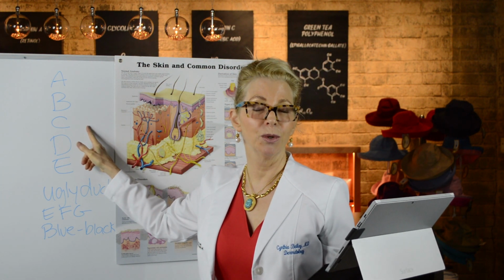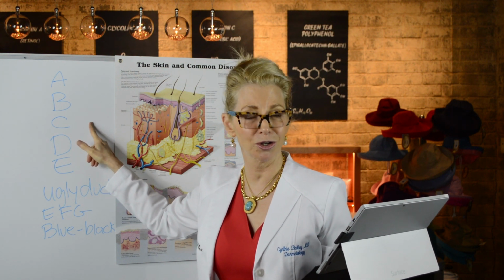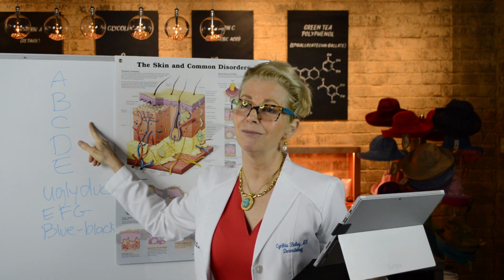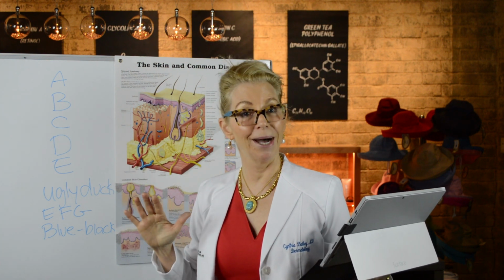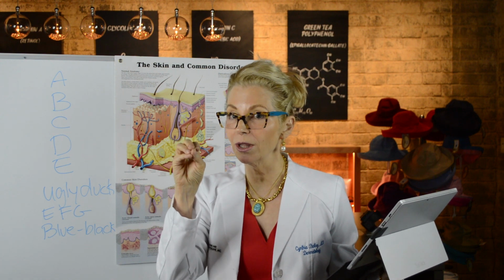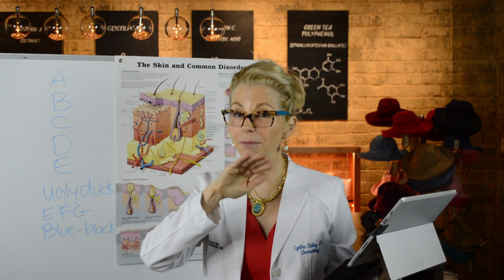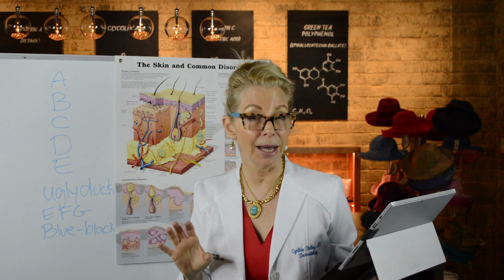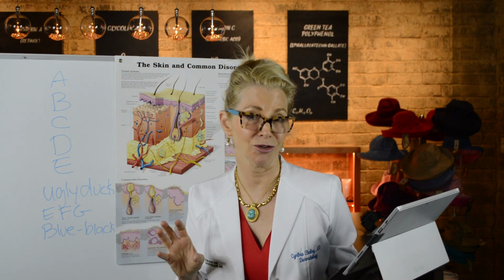C is for color. We want our moles to be fairly uniform in color. Now this is a bit of a soft criteria and a little confusing criteria, because if you really look at your moles, probably almost none of them are absolutely uniform, but you want the color to be fairly consistent. Maybe it's darker in the middle and then gets lighter on the edge. Maybe it's darker on the edge, gets lighter in the middle. Maybe it's pretty much even. If the color is speckled and haphazardly arranged, especially if it's asymmetrically haphazardly arranged,